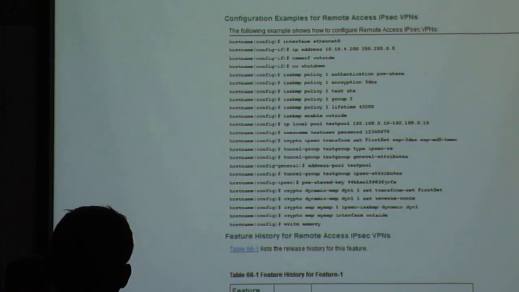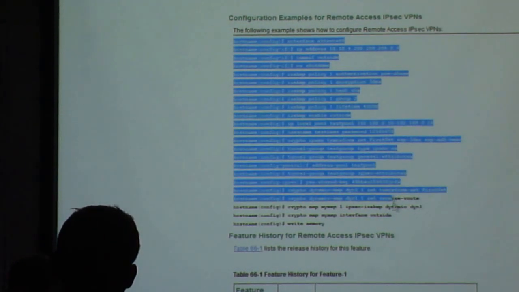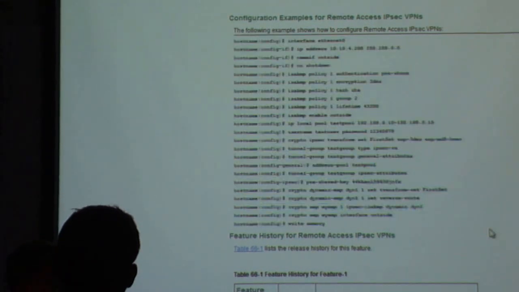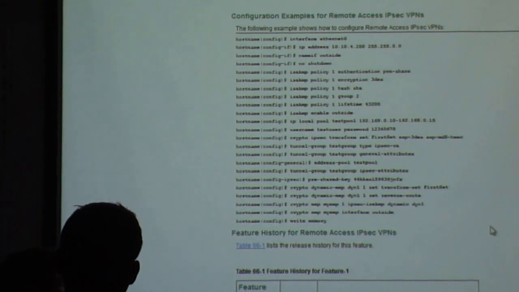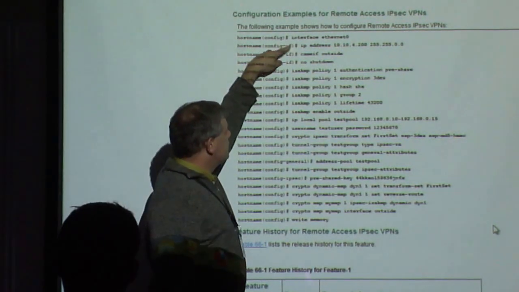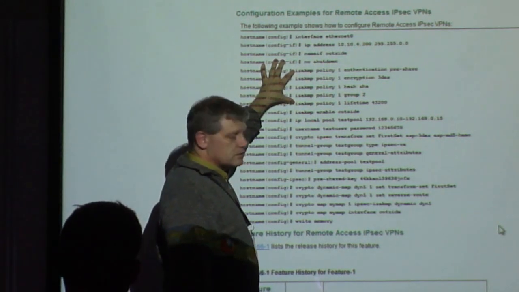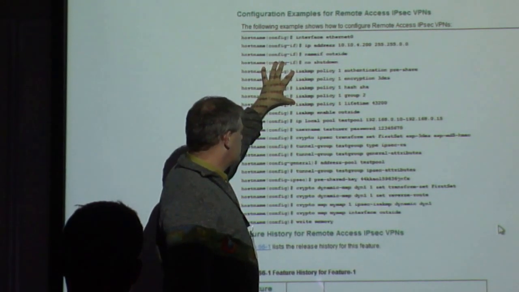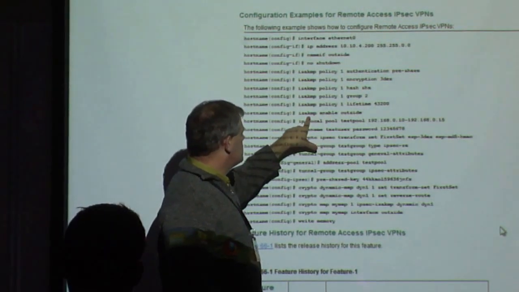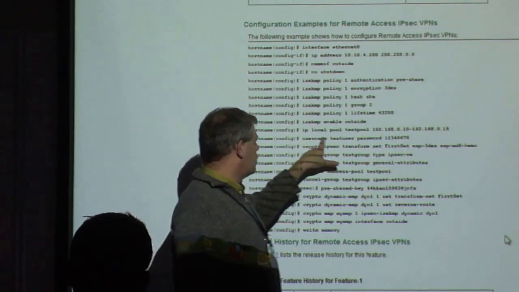Look right here. That's all your steps that you have to do. Okay? Tells you how to go in there. Did it. You create a policy. Okay? You enable your policy on the outside interface. You create a local pool,